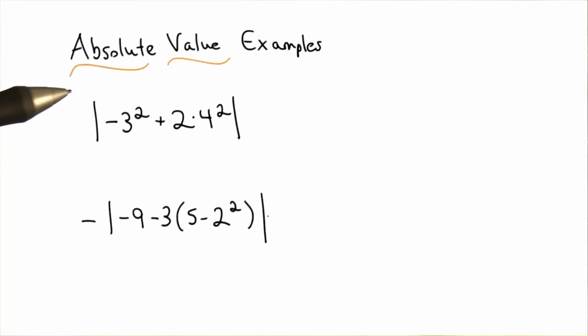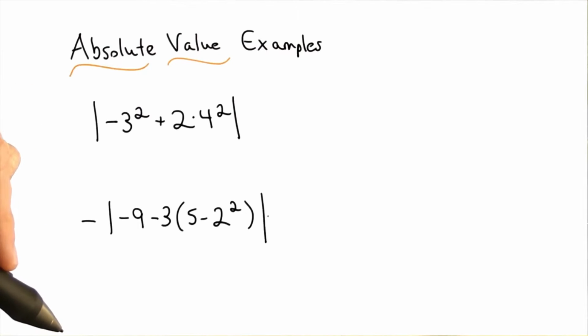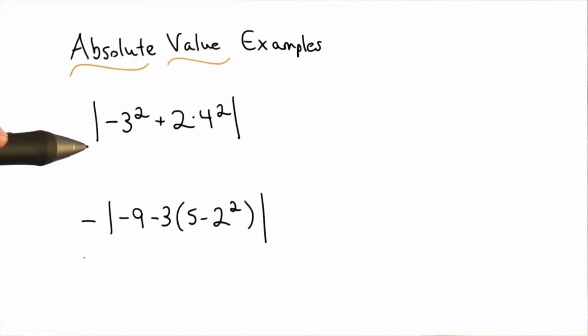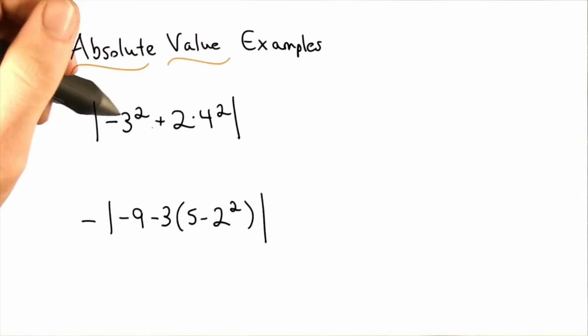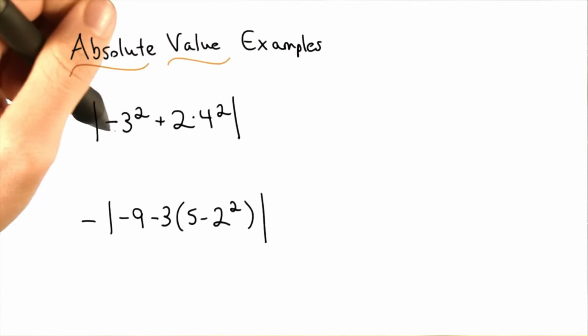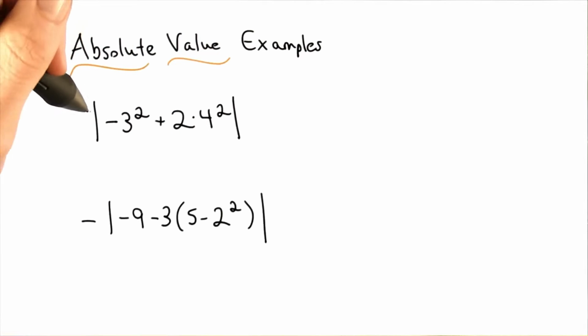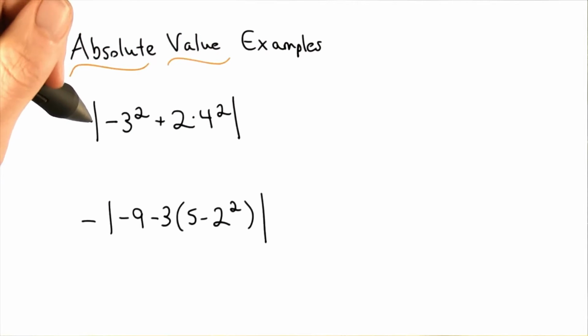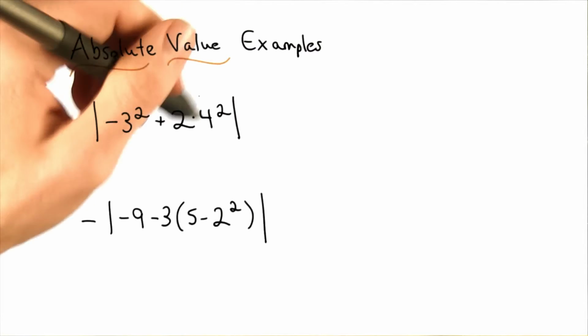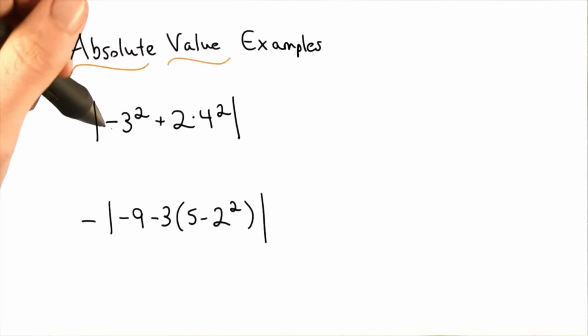Here are two other expressions with absolute value. I'm going to apply the order of operations and then the absolute value to get my answer. Absolute value acts as a grouping symbol. I need to evaluate any expressions inside of it first, but it's a particular grouping symbol because it means the distance from 0. So whenever I get my answer, I need to figure out how far is that answer from